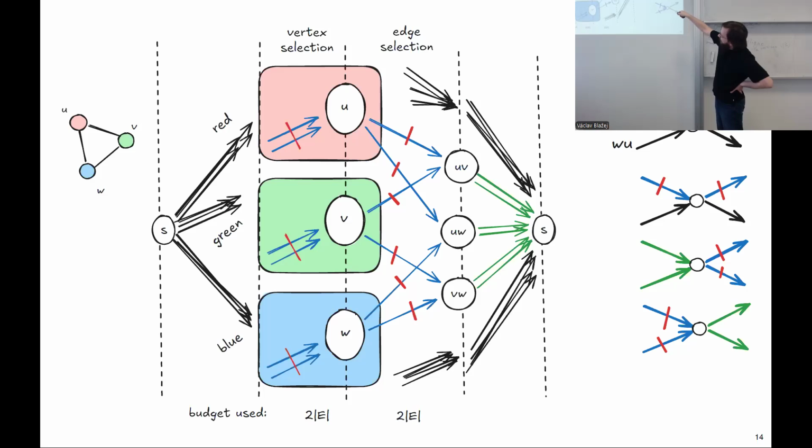If you have the selection gadget for each color class, and imagine you selected these three vertices, then the choices you propagate further are modeling the edges, and those edges are modeled by a layer of vertices here. So a UV edge, UW edge, and VW edge. These vertices that model edges have exactly two incoming edges. And these are like the core why the deduction works, right? Because if you have two incoming and two outgoing edges,